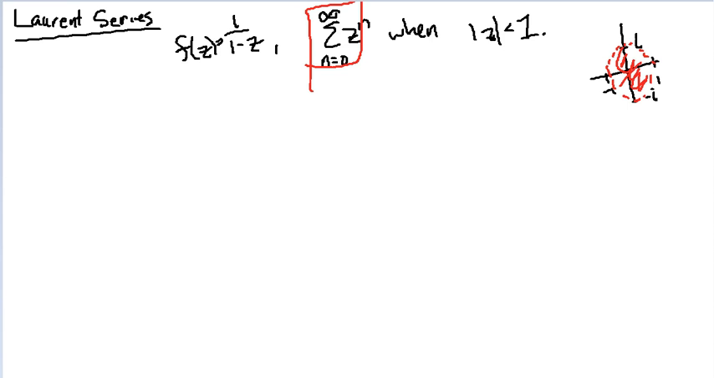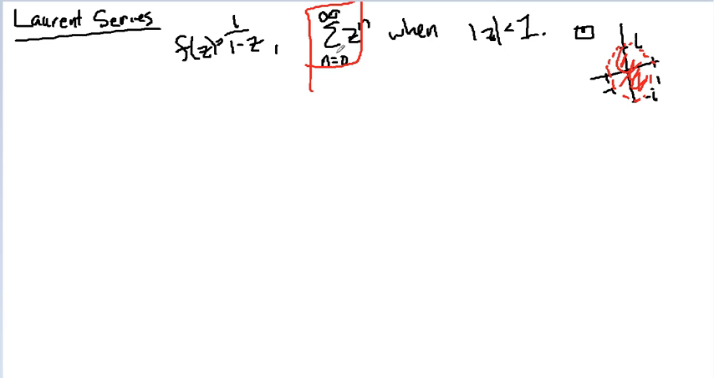The problem is that sometimes you might want to use this function outside of this region. If that's the case, what can you do? Well, that's where Laurent series come into place. You can't use a power series. The power series will only get you this much. But if you want to figure out the value out here, somewhere around there,